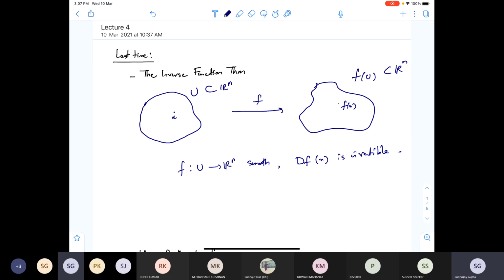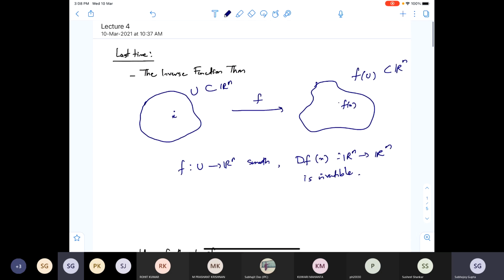So what we want is that, so there's a linear map. So remember that this derivative, the linear map from Rn to Rn. So thus being invertible, just in this case, is linear maps from Rn to itself. It just means it's an isomorphism, right? So you have this setup, and so then the conclusion is that f is actually a local diffeomorphism,